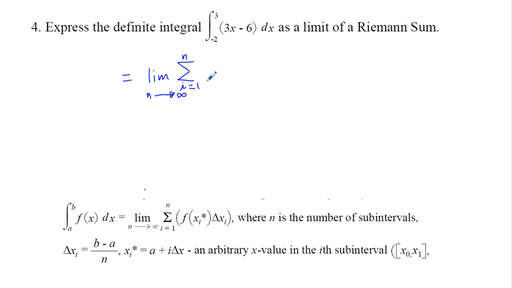And then what we're going to have is a plus, so I'm going to put a value of -2, that's our a value, and then we're going to replace the f of x, we're going to say a plus, which we already did, i delta x, well that's going to be 3,